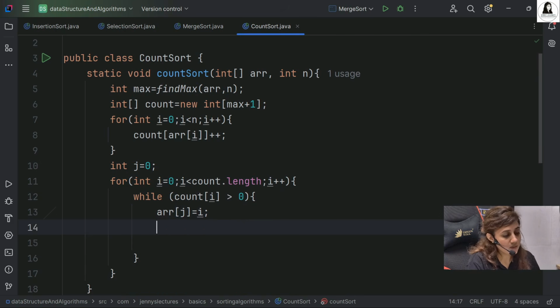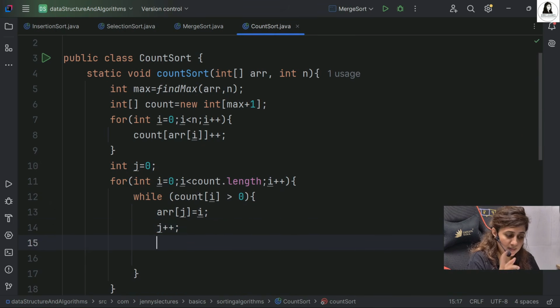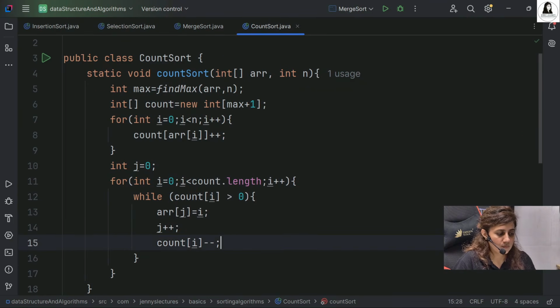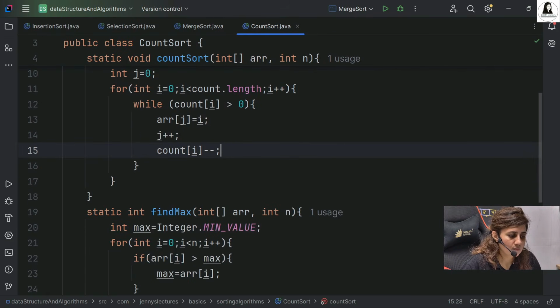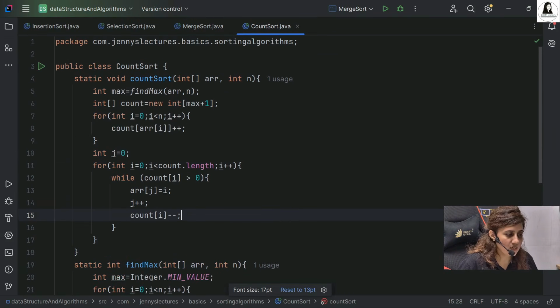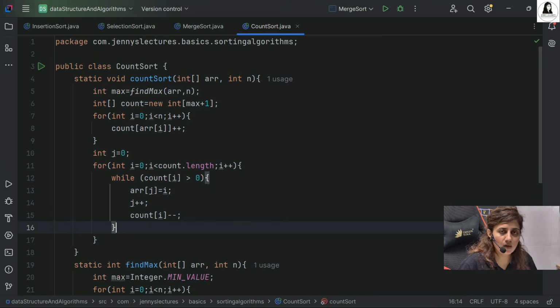That value I update. Then we do J plus plus, and then we have to decrement that value also, count of I index minus minus. Simple. That's it. This is count sort. See how easy this is.